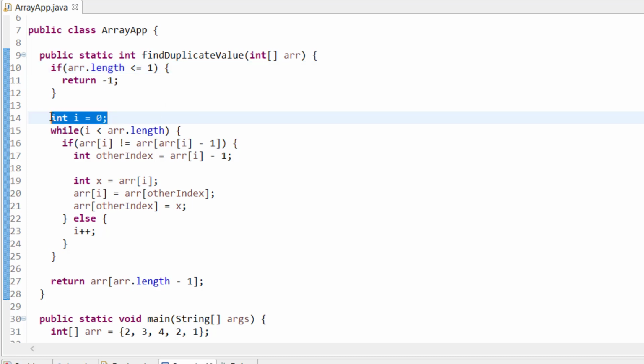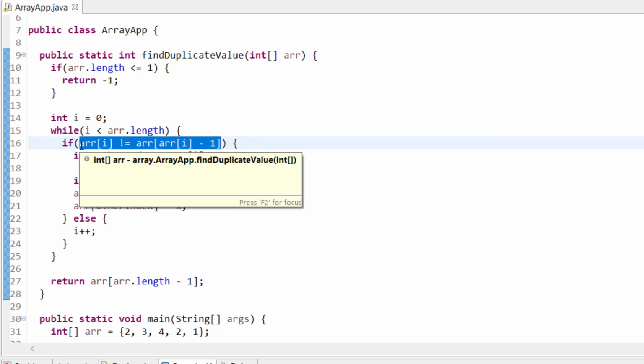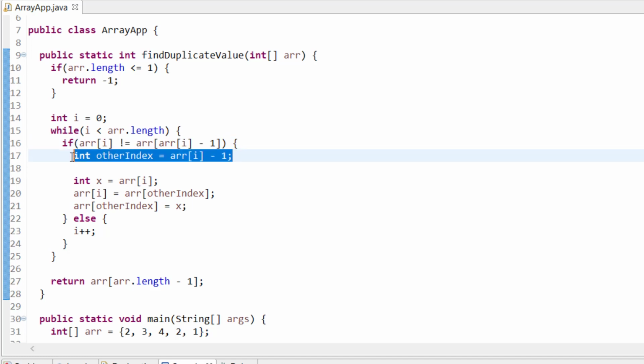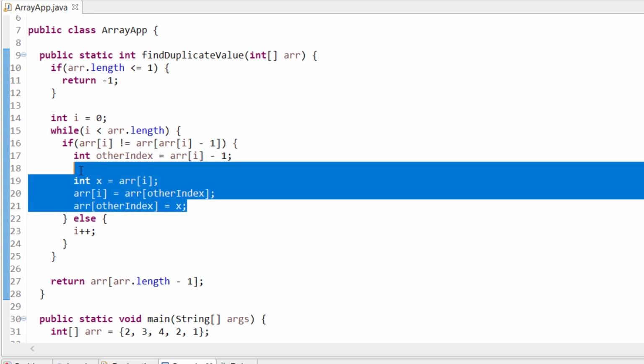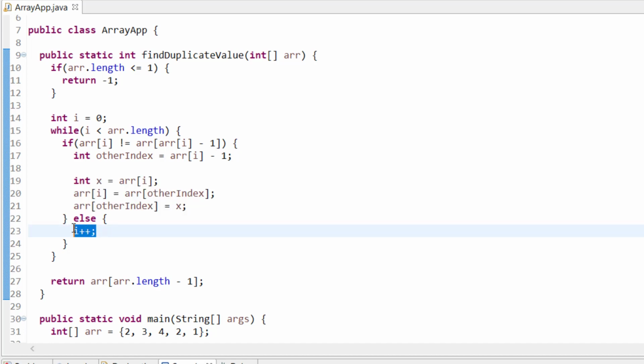Otherwise, we start the variable I equal to 0 and loop until array.length. Now I check the condition: if array[I] is not equal to array[array[I] - 1], in this case the value is not the same. So it means I need to swap the values. I need to put this current value at its correct position. So this is how I do that. First of all, I get where it will go, and we know that the numbers are from 1 to n. So it means the index will be the value - 1. This is just a swapping operation, and if the value is the same, in this case we do I++, right? And at the last, whatever the last value is, that will be my answer, right?